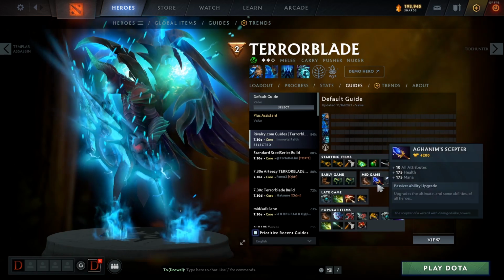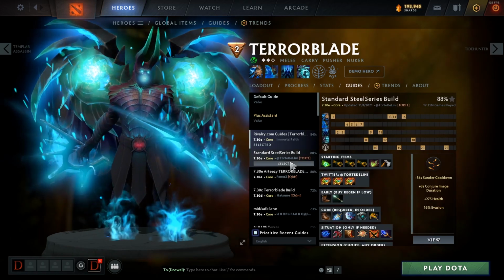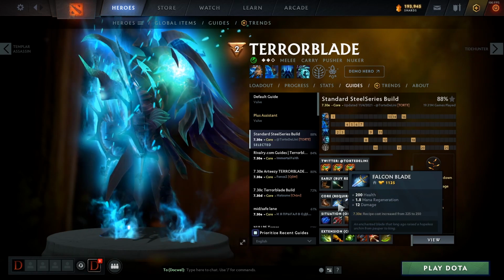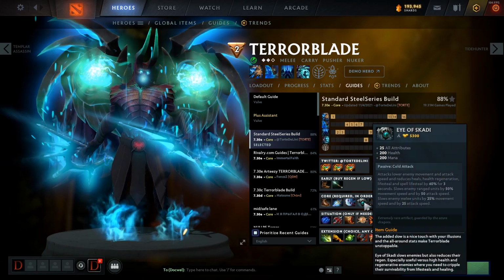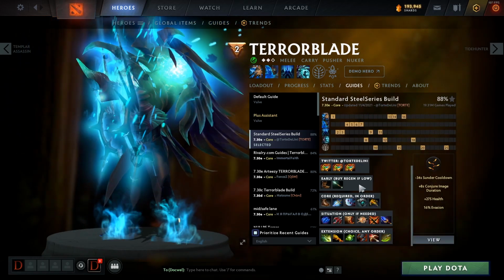And this hero, I wouldn't go Ags first. I don't know why this is here. Let's see if this guy says something different. Yeah, this is probably a little bit better. I would say you can go Falcon Blade if you think you need it, but you pretty much want to just rush Manta Style. You rush Manta, then you go into Scotty. You can hit a Manta Scotty timing at a really, really good pace and just be unkillable, unstoppable, take buildings